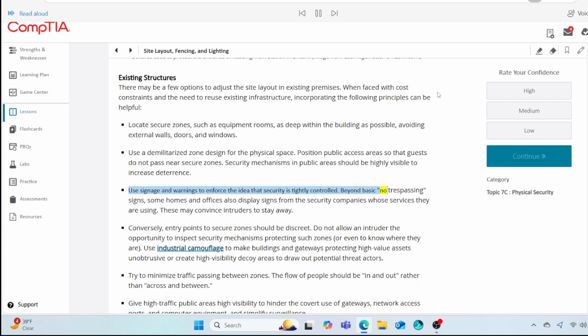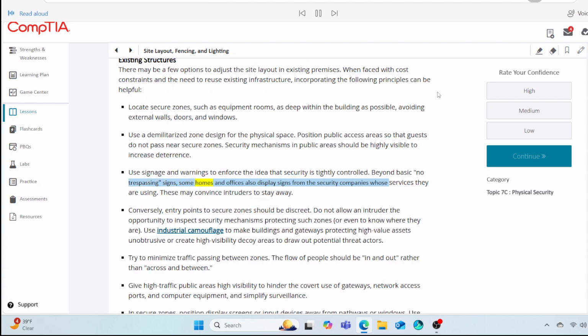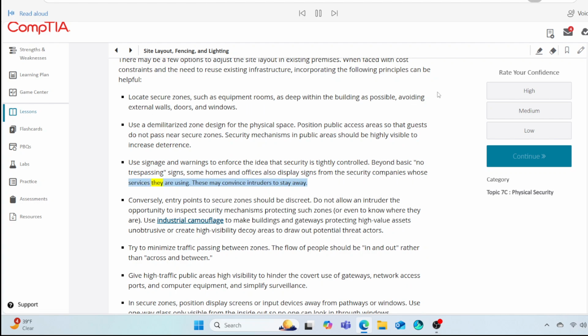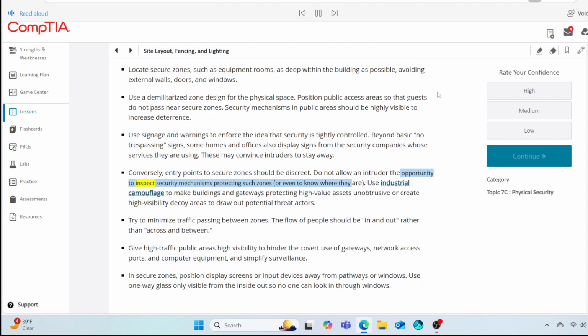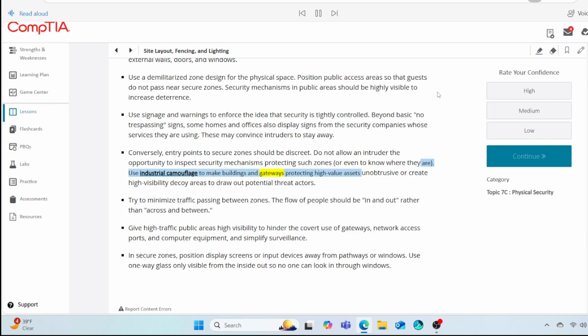Beyond basic no trespassing signs, some homes and offices also display signs from the security companies whose services they are using. These may convince intruders to stay away. Conversely, entry points to secure zones should be discreet. Do not allow an intruder the opportunity to inspect security mechanisms protecting such zones, or even to know where they are. Use industrial camouflage to make buildings and gateways protecting high-value assets unobtrusive or create high-visibility decoy areas to draw